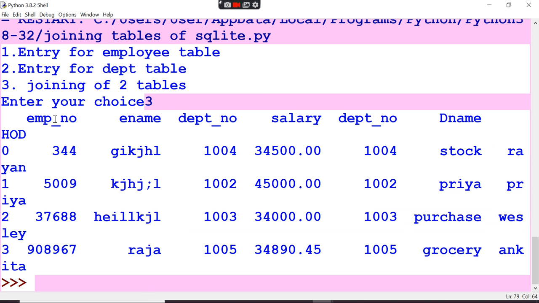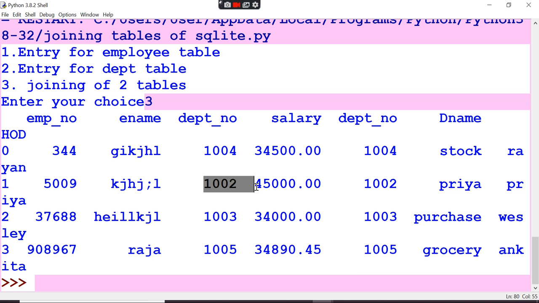See here, now this employee number has a department number. The same department will be connected with this one. So the where condition you have given is where employee department number equals department dot department number, right? So in this employee table we have department 1004, and department 1004 is stock. That department is now connected.